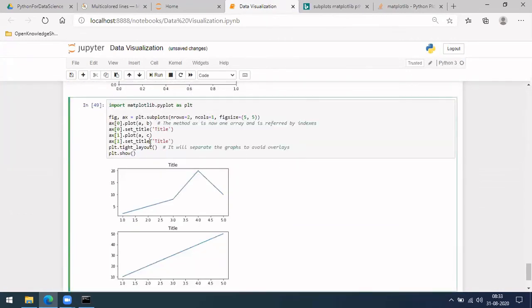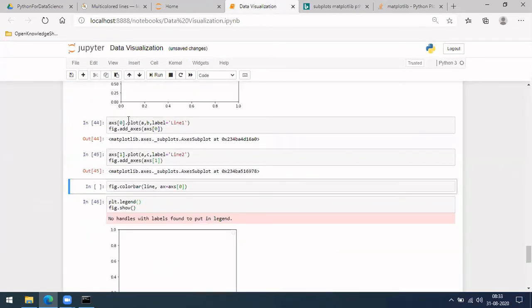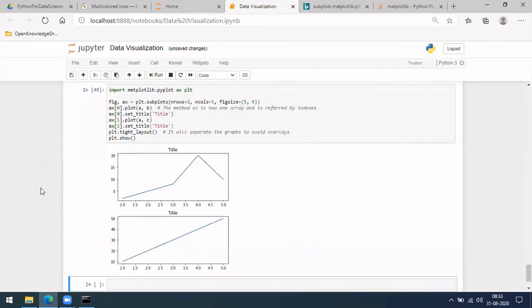I am not sure why it has not worked. We did the same thing. See, a dot plot and dot plot. Okay, we did not try axs. So directly, I think maybe this is the one thing which will add to those. Let me comment this and then see if it will work.